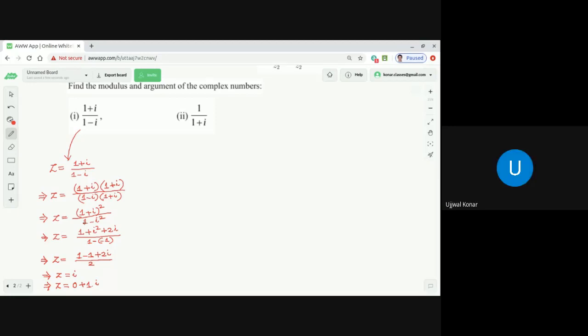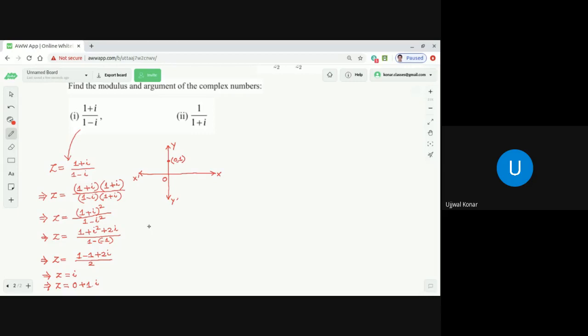Correct or not? So if I draw, never compromise with your learning. That is what I always say. If you consider this as the Argand diagram, this is origin, this is x dash, this is y dash. Then where is 0, 1? 0, 1 is somewhere here, no? Correct or not? So how can we say this is a first quadrant only? It is in the first or second. But wherever it is, dear students, we will get the same argument. We just apply the concept we have learned today.